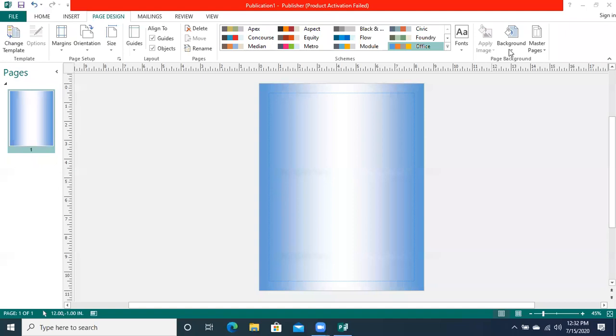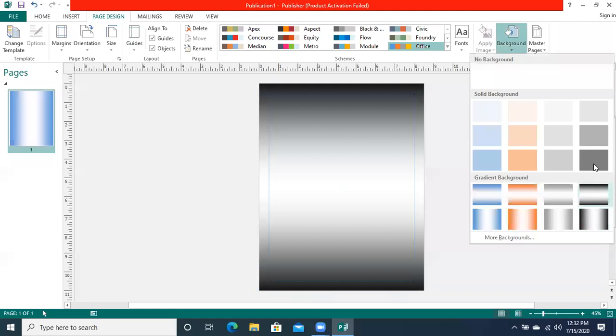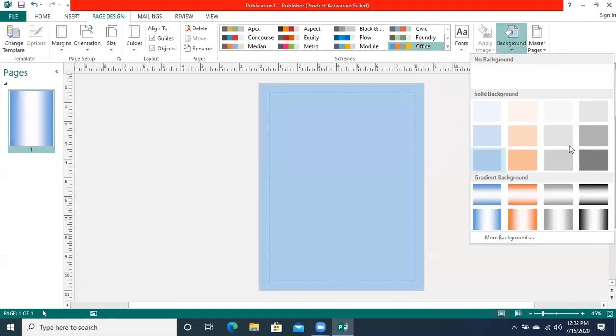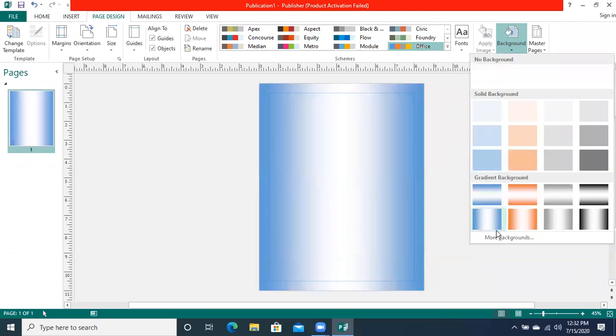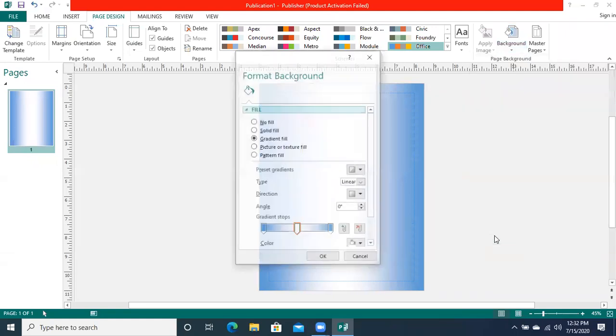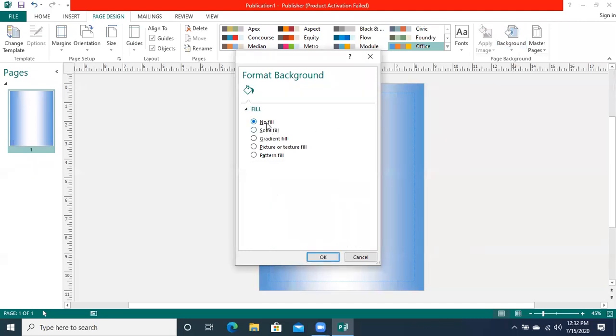If we go to the background option, you will see that the background is available in some different colors. If you are not interested in these shades and these plain colors, you can go to the more background option. When you go to the more background option, you will see that there are some other colors available that you can choose from here. No fill means it will be a plain background. Solid fill, in solid fill you can choose the background